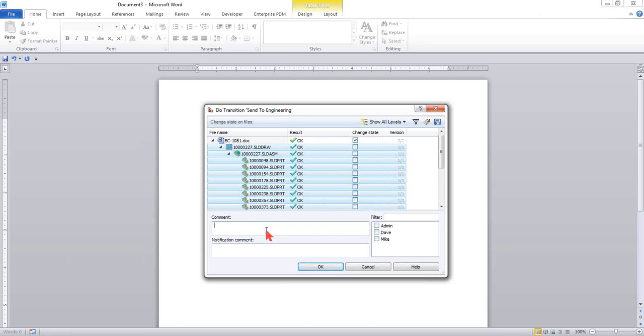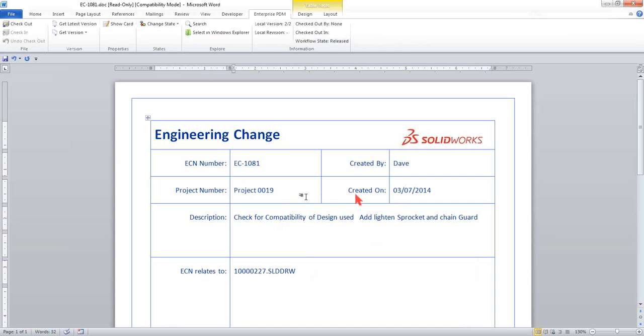Now quickly I will enter the comment, perform the work. You want a notification comment, I want this work to be done today, and to whom you want to notify, I want to notify this to Mike, as Mike is a design engineer. Say OK. Now my work is done. I have asked the engineering department for a few modifications. So quickly I will close this,